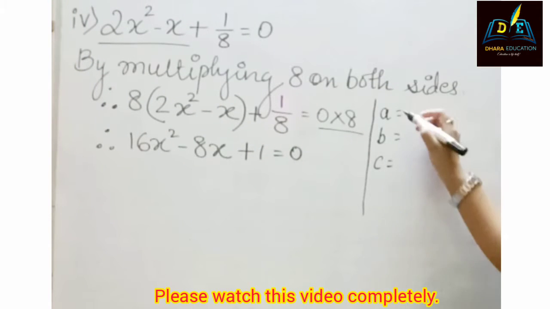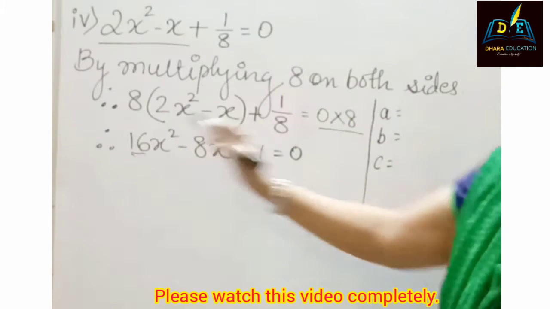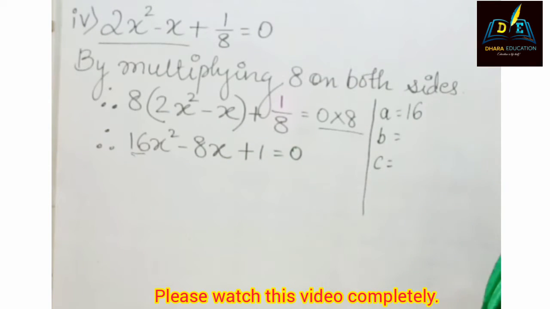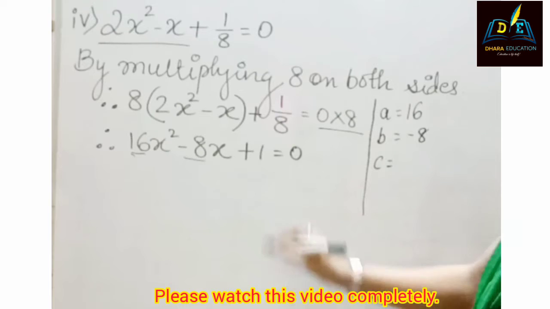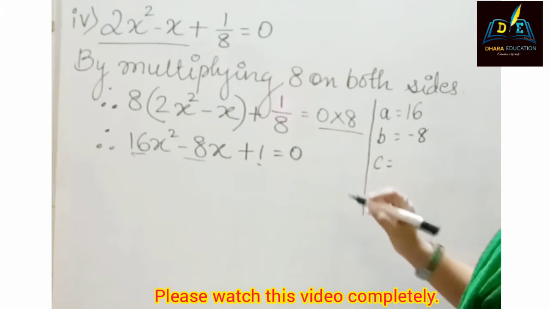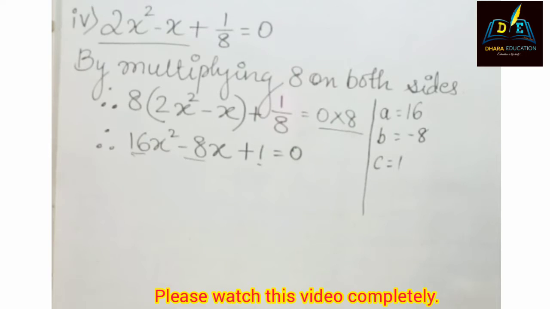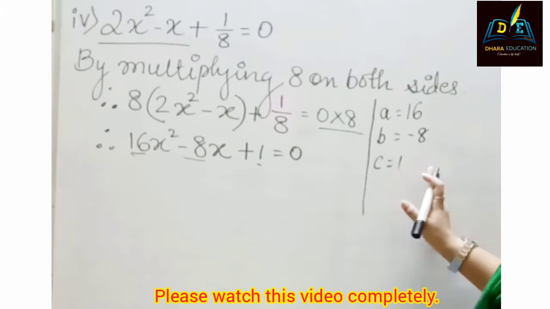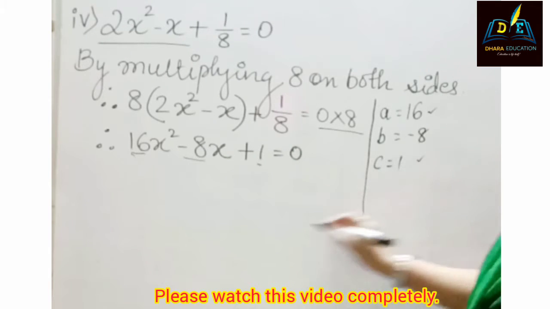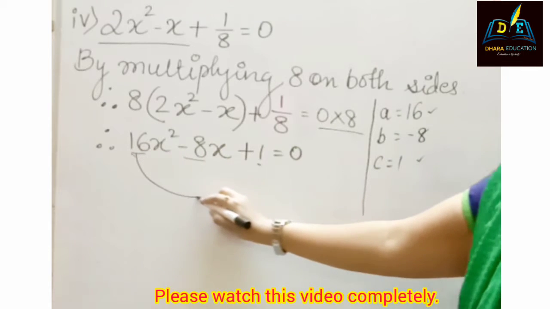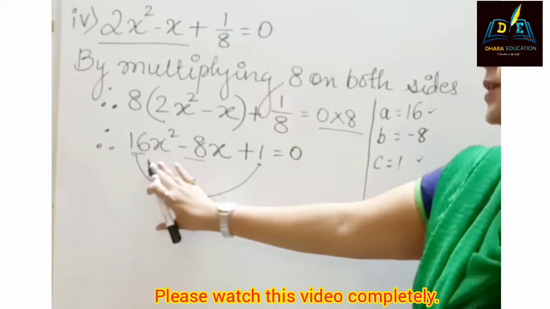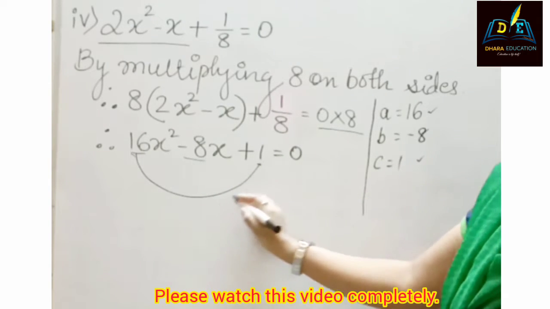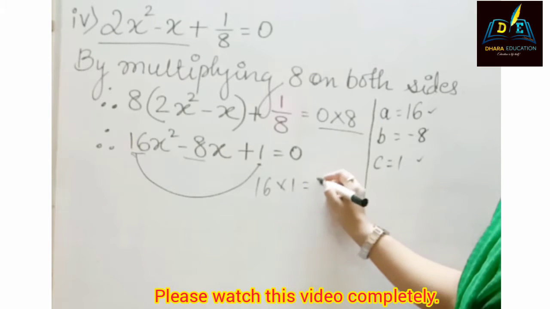So here students, the value of A will be 16, that is positive 16. The value of B will be minus 8. So I will write here minus 8. The value of constant, that is the third term, is 1. So I will put what? 1. So these all we need to keep in our mind. Now what we need to do is this. We need to multiply the first term with the third term. As I told you in my previous lectures also, those who have not watched, you can go ahead and watch. Over there also the first term and the third term will multiply. It means what? 16 multiplied by 1 gives you 16.